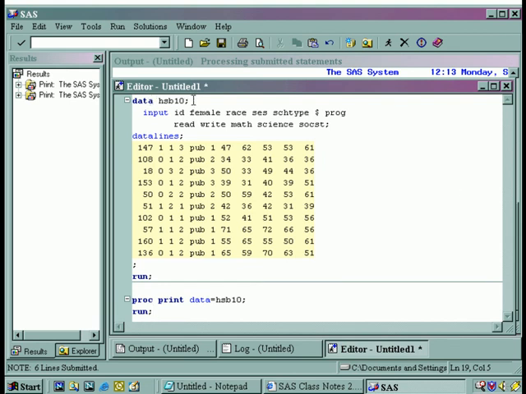Okay, keyword data. Here's the name of the data file, so we're going to call it HSB10. Here's our input statement, and you can see that we've listed out the names of all of our variables. We use the $ sign immediately after this variable SCH type, which is short for school type. And here you can see that the variable is in fact a string variable, which we called pub, short for